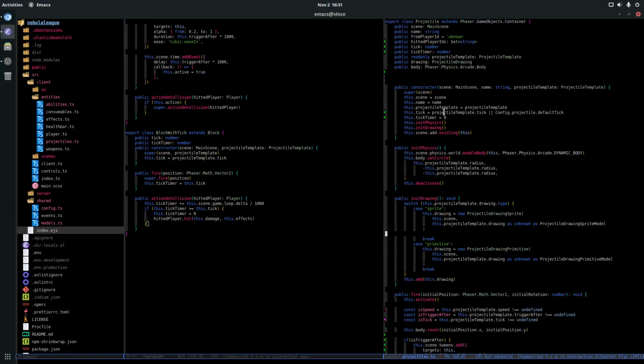Tick is a terrible name, because you don't really know it's a constant. If I just did tick after seconds, that would make so much more sense. Just tick after. Yeah, I don't know, I'm going to refactor that.